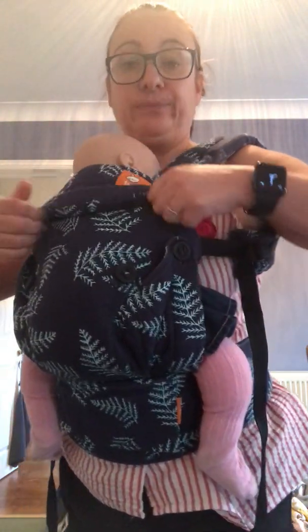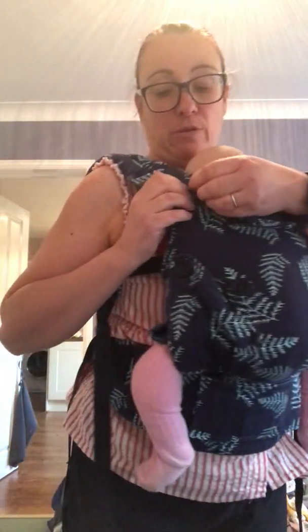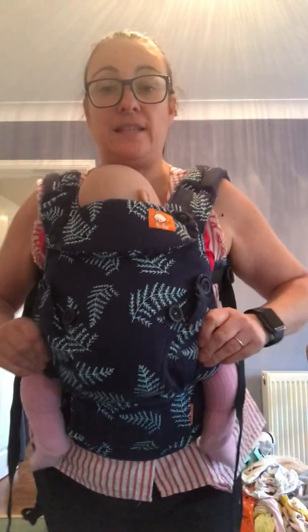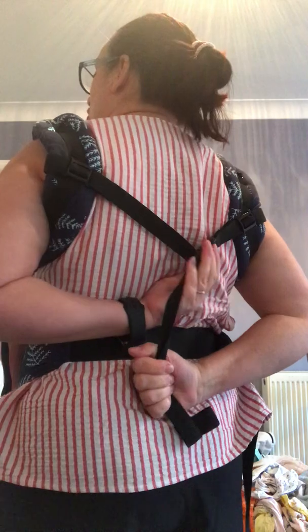This is just a little sleeping hood that you can pop up if they fall asleep. But for the size of this baby, I would say you won't need that, maybe when they get a bit bigger. So it just pops on there. And that's it. It's actually really comfortable. Okay, so to get them out, you can unclip here first, if you can reach, like so, and then just slide out